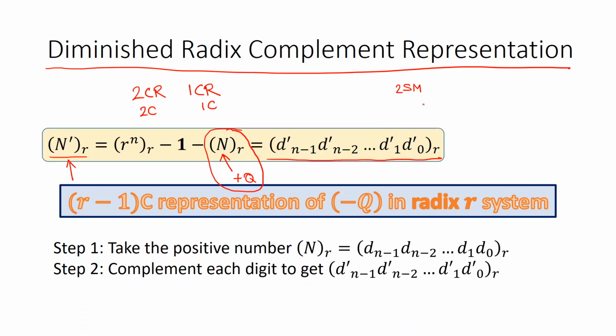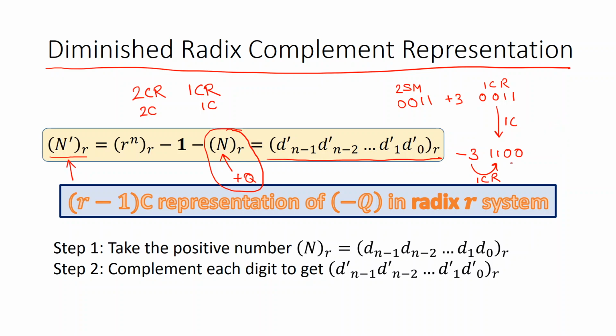So again we take the same example. Suppose we want to look at the 1's complement representation of minus 3. So we need to see what is the 1's complement representation of plus 3. For that we have to see what is the 2 signed magnitude of plus 3. Suppose we use 4 bits. These two are the same as previous. And now what we have to do is take the 1's complement of this number and we would get the 1's complement representation of minus 3.